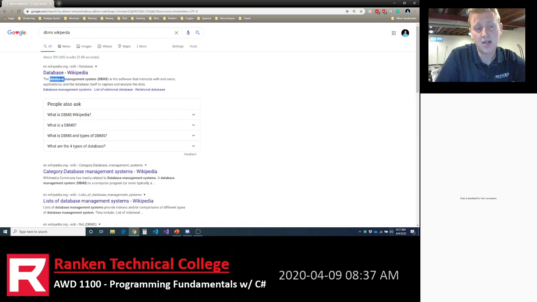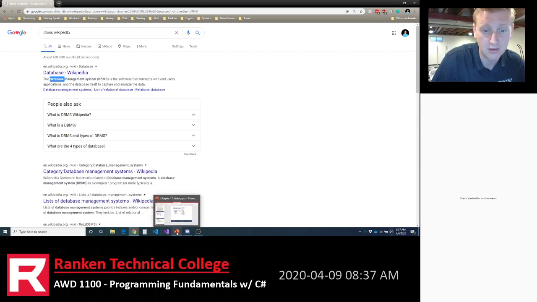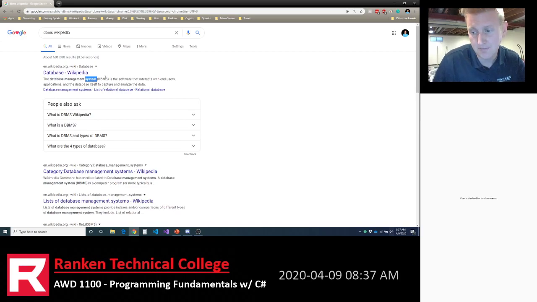The database management system is the software to run the database. If you want to run an Excel spreadsheet, you run Excel. If you want to run a PowerPoint, you run Microsoft PowerPoint, right? So the database itself is the file. To work with the database, you run a database management system.